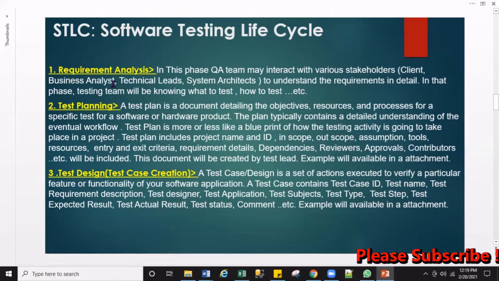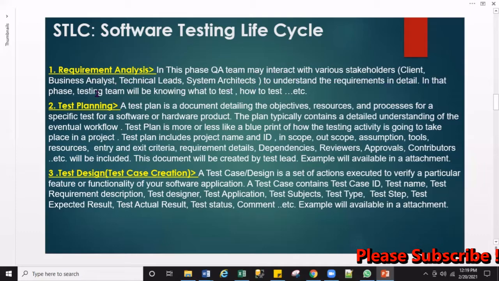Once the testing team receives the documents, they will analyze them and try to understand. So let's read here. In this phase, the QA team may interact with various stakeholders like clients, business analysts, technical leads, and system architects to understand the requirement in detail.